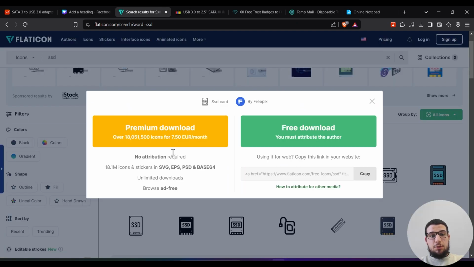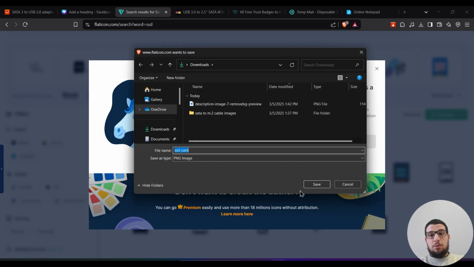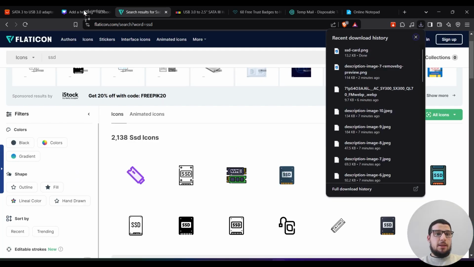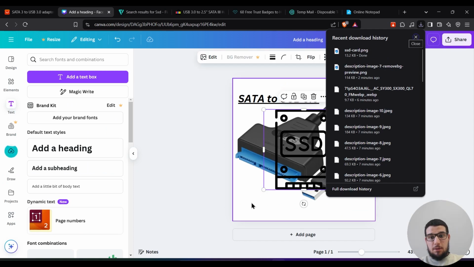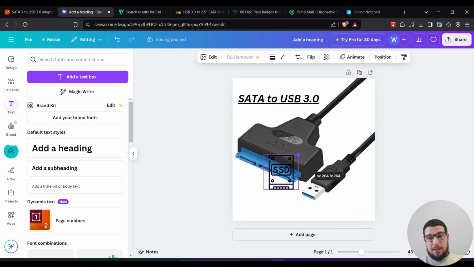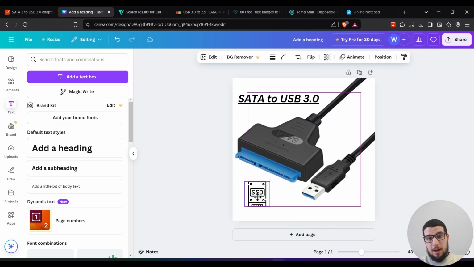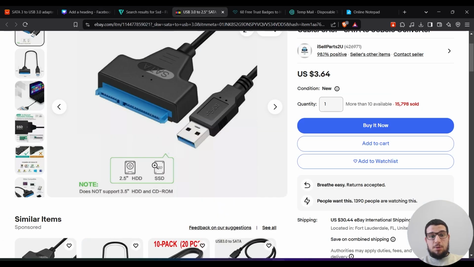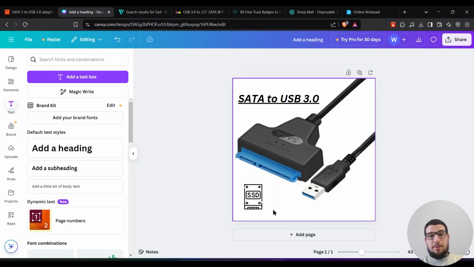I'll click on download, PNG. I'll click on free download. I'll click on save, then X, and then I'll drag this into Canva right here. And we can see that I can resize it up to the size I want. And here it is. I have SSD logo right here. And here it is also the SSD logo. And I can also add text. I can also make it smaller, the size I want. So I'm going to also search for